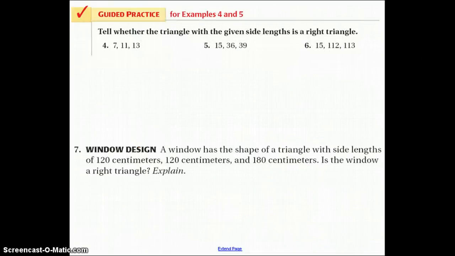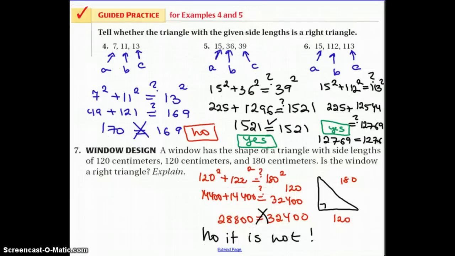Alright, so these are the last 4 problems for you to try on your own to see if you understood it. Alright, so hopefully you got that the triangle described in number 4 is not a right triangle. The triangle described in number 5 is a right triangle. The triangle described in number 6 is also a right triangle. And then for number 7, the worker made a triangle that is not a right triangle because the Pythagorean theorem doesn't actually